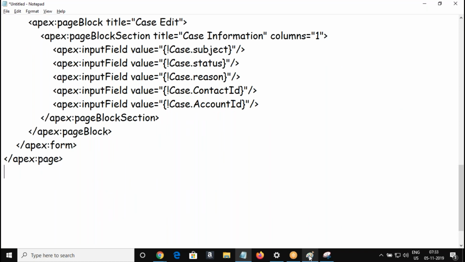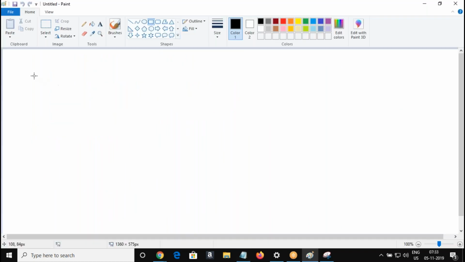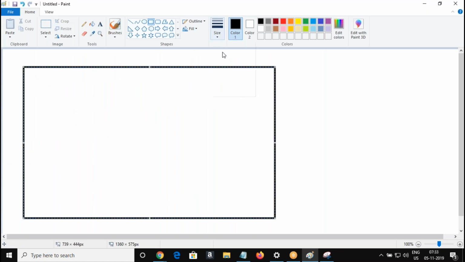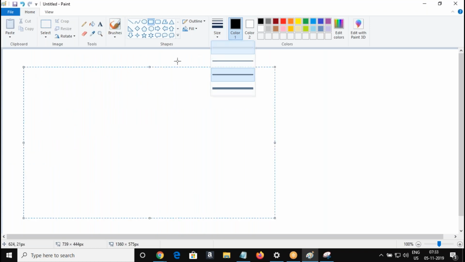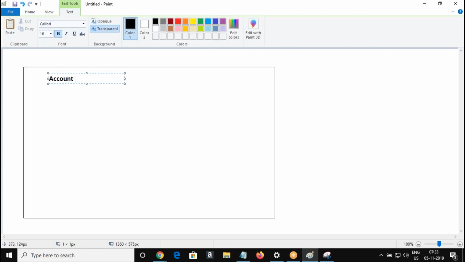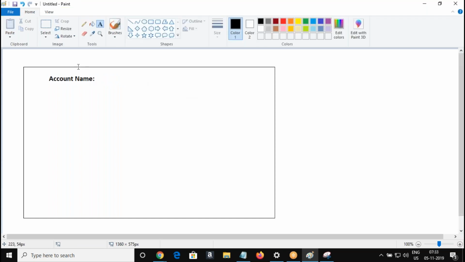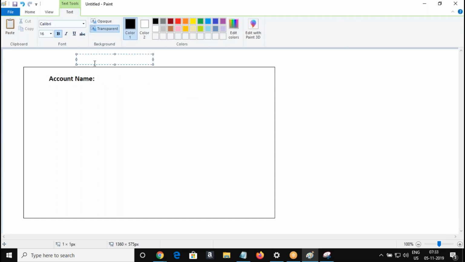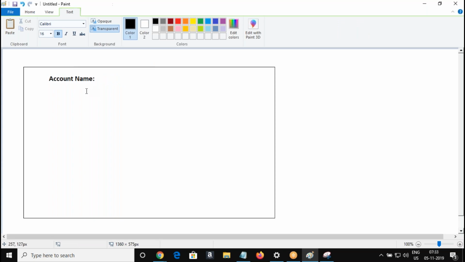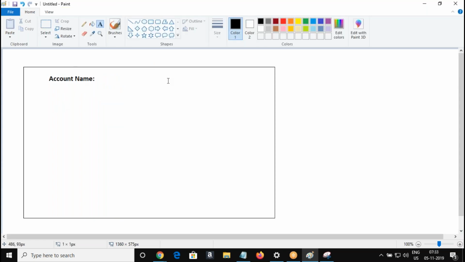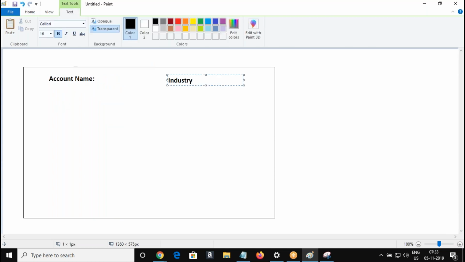Okay, I need to create a page to display the account details for an account record. So this is a standard controller page to display the account details, account name, industry.